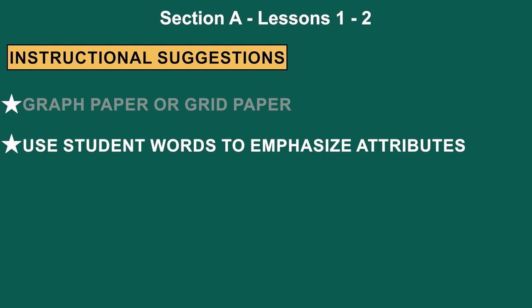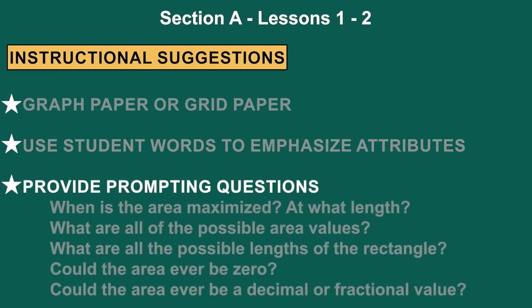As you highlight the key features, you can start to guide students' use of the vocabulary. You can also add questions to help introduce terminology if students don't notice it. One of the graphs in the first lesson depicts the possible lengths of a rectangle compared to its area measurements. This graph also lends itself to additional extension questions such as, when is the area maximized and at what length